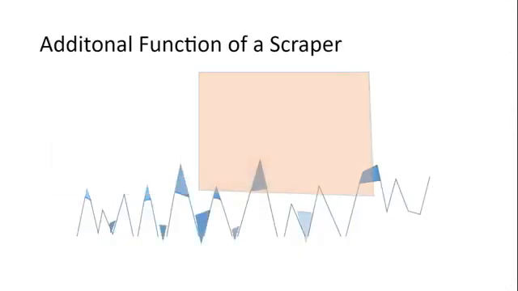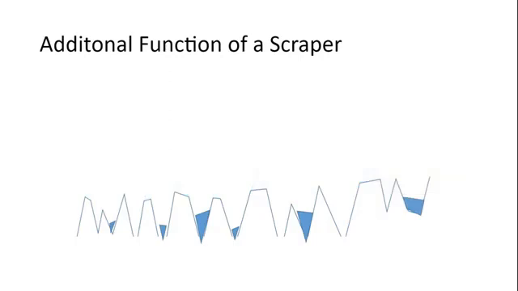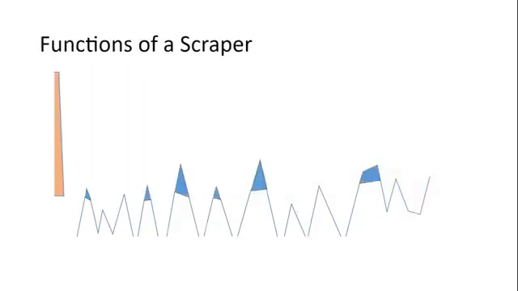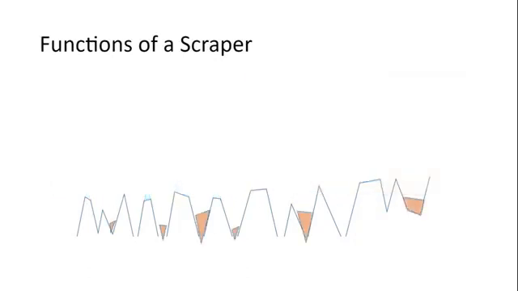As the scraper moves across the top of the surface, it is effectively acting as a tool, performing a polishing or a burnishing action, acting upon the peaks and asperities. Material that is dislodged from the peaks, as well as material displaced from the scraper body as a result of wear, combine to fill in troughs, cracks, and fissures. The combined effects of the removal of peaks and infill of troughs can be a measurable change in the surface